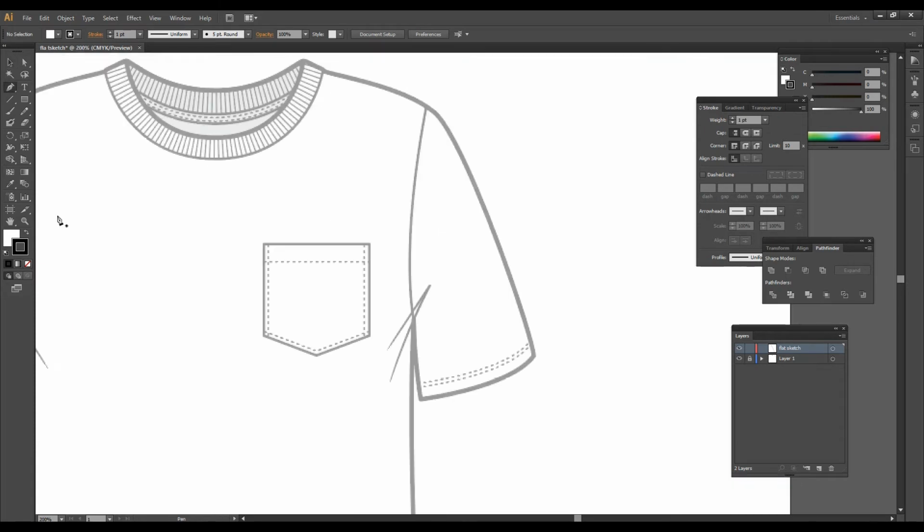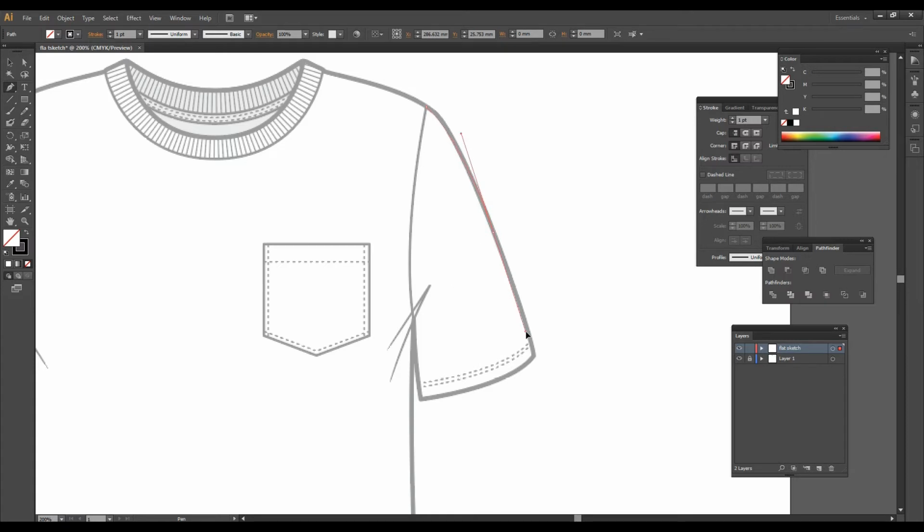Better to zoom in. Let's go to the pen tool, and before I start, just check the color here. The stroke color must be black and the fill color must be no color, so it is clear that the fill is no color and the stroke is black. Then we will start with a flat joint. Now start tracing with the pen tool.